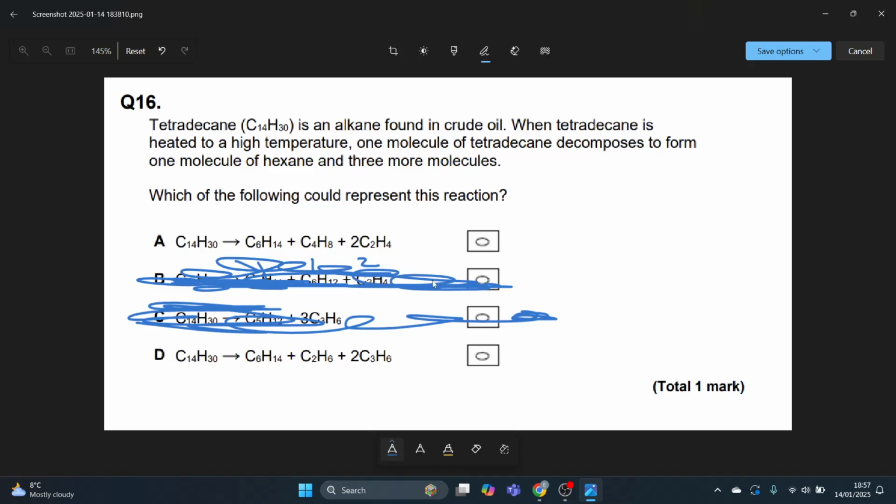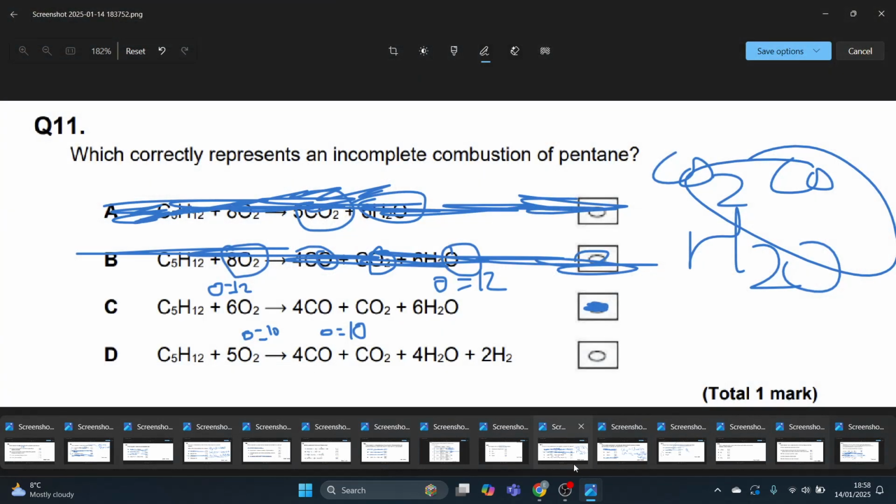And does it tell us about saturated, unsaturated? So I just need to check the hydrogens now, or the carbons? Probably the carbons are already going to be balanced, because then I think it'd be too easy. So it's probably going to be the hydrogen. So H14, 14 plus 8, 22, 22 plus 8, 30, whereas in D, 14 plus 6, 20, 20 plus 12, 32. So the answer is A. That is not balanced correctly. And that is the end of the multiple choice questions.